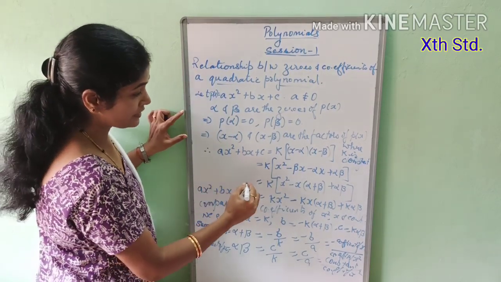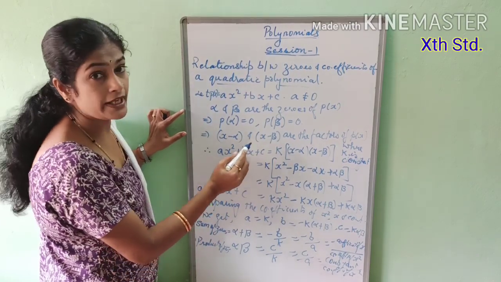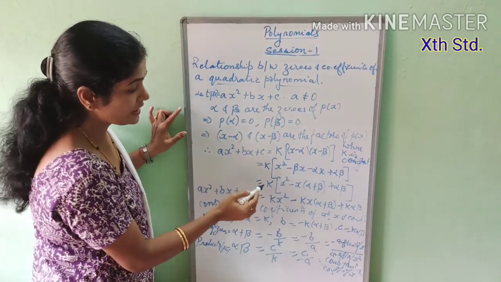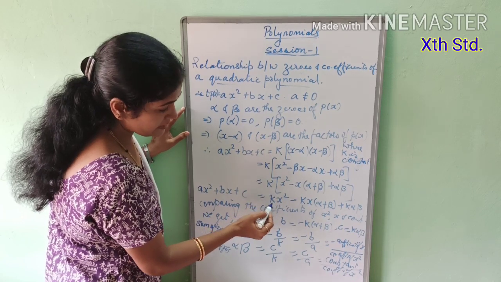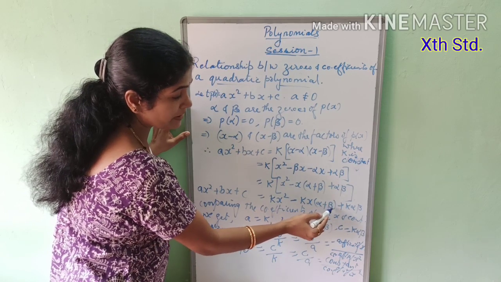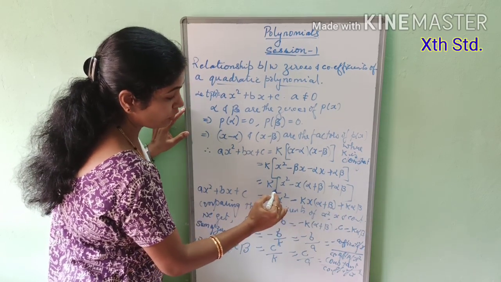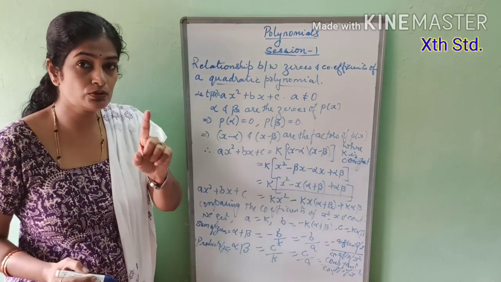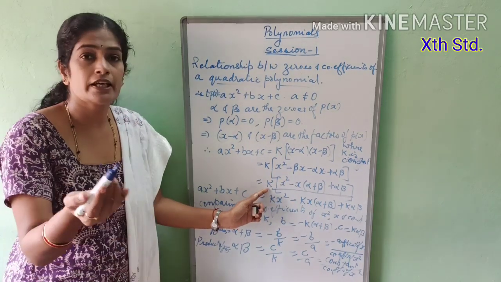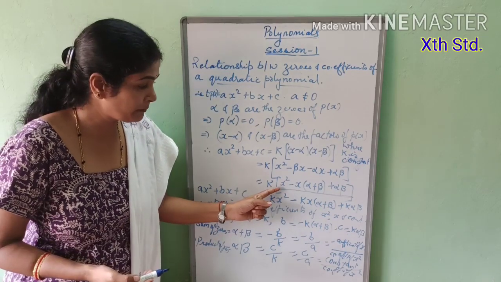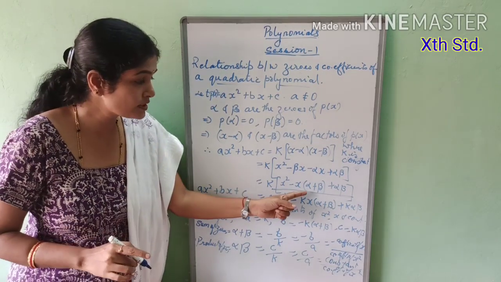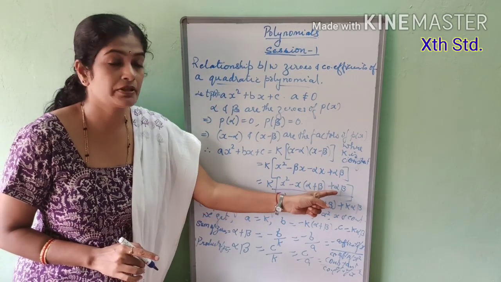Okay, now just look at this, concentrate on this. See, ax square plus bx plus c can be written as follows. If they have given you the product and the sum of the zeros, then you can write directly like this: k x square minus k into x into alpha plus beta plus alpha beta. If they have given you the sum of the zeros and the product of the zeros, you can directly substitute in this, where k can be any constant. You can multiply it with any number, and then you can get infinitely many quadratic polynomials whose sum is alpha plus beta and product is alpha into beta.